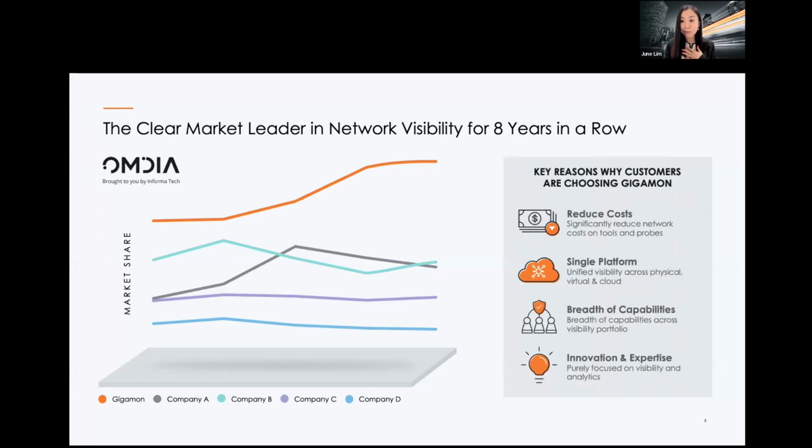So why do customers actually buy Gigamon? Why do customers actually use Gigamon in their network? Reason being, you'll be surprised to find out that we not only ensure that you have full visibility of your network, we also help you to reduce the costs of your security solution or monitoring. I will explain more, but just for you to know that with traffic optimization from Gigamon, you can actually invest in the security solution that you like, but not at the kind of budget that you used to pay.